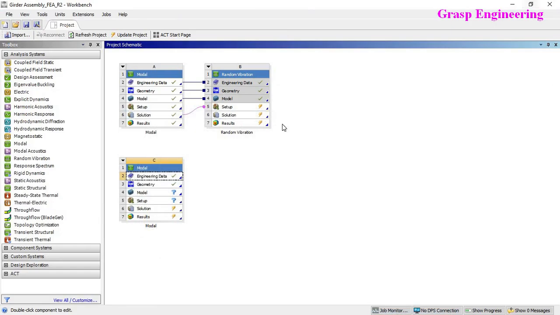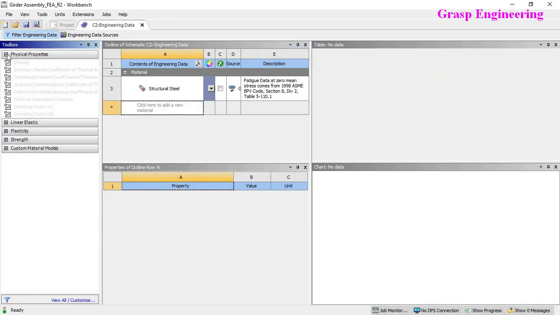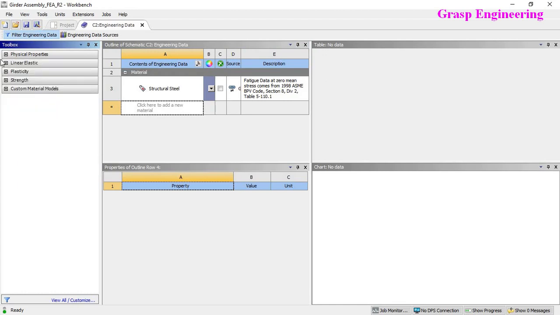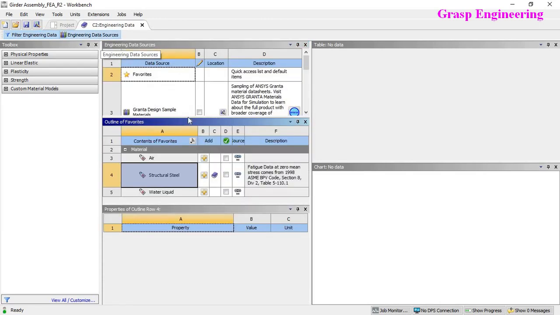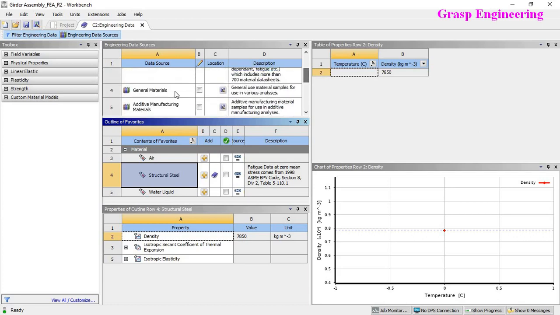Suppose you want to define another material, you just double click over here, go to engineering data, and here you can write your new material. From here you can use your physical properties, linear elastic properties, or any non-linear properties. And furthermore, if you want to use a new material from the engineering data sources, you just double click over here, then select whichever material you want. Like, consider if you click on the general materials,